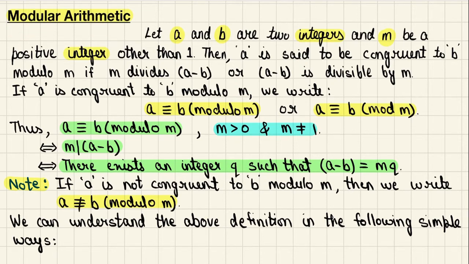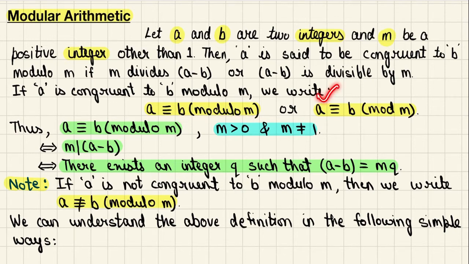Modular arithmetic says let a and b be two integers and m be a positive integer other than 1, then a is said to be congruent to b modulo m if m divides a minus b, or you can say a minus b is divisible by m. So how can we write it? If a is congruent to b modulo m, we write it as a ≡ b (mod m),